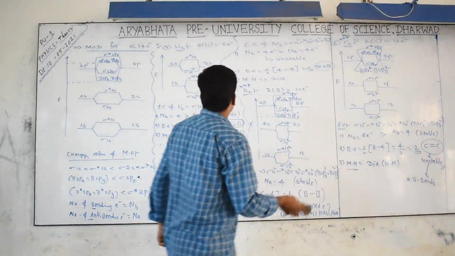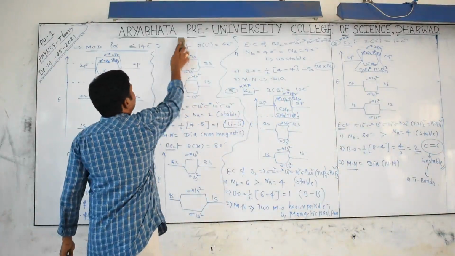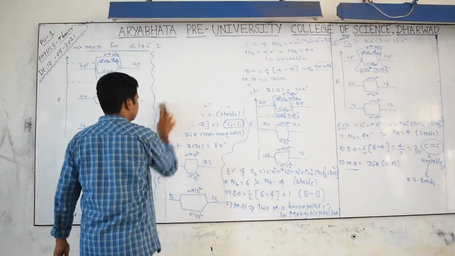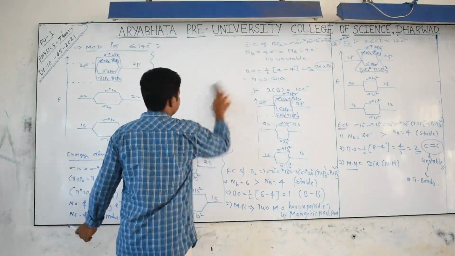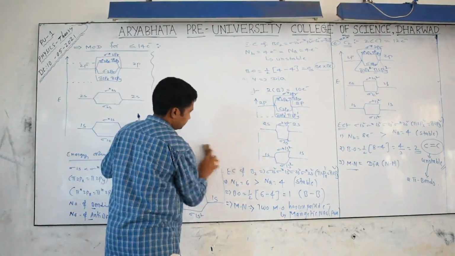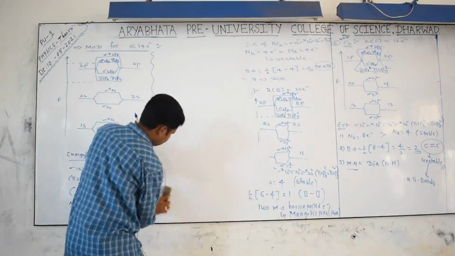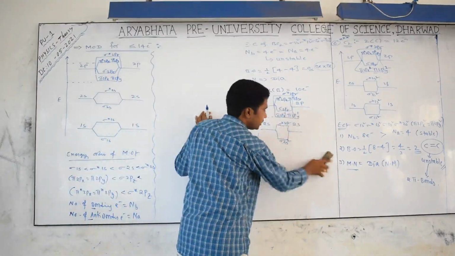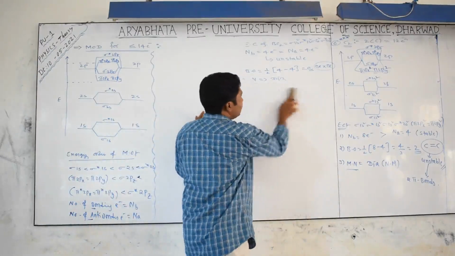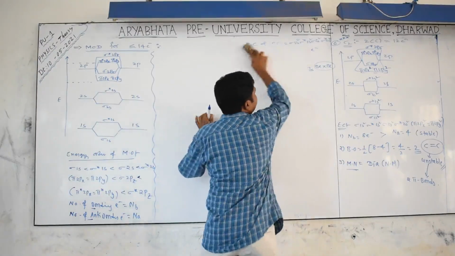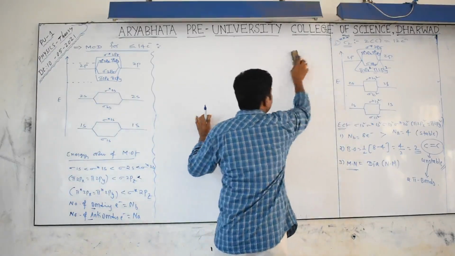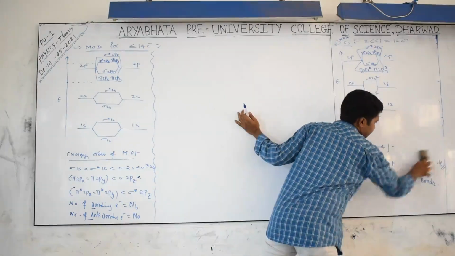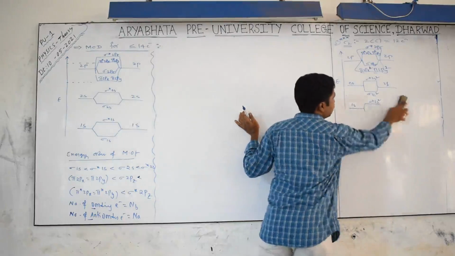Now I will tell you one more molecule related to this one. Less than 14 we are explaining right now. That is the important point: in the C2 molecule the bond order is 2. Bond order 2 means not a sigma bond and a pi bond, both are pi bonds only. You know very well pi bonds are weak bonds, that's why it is unstable.